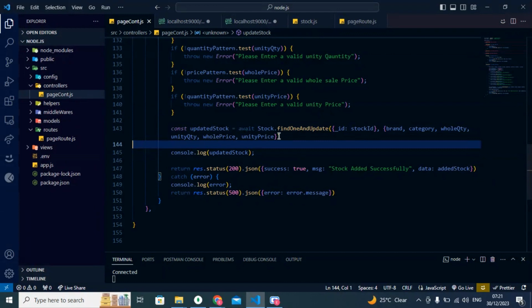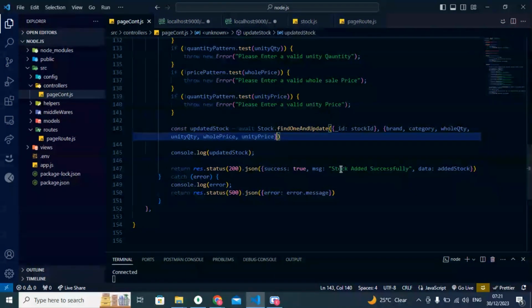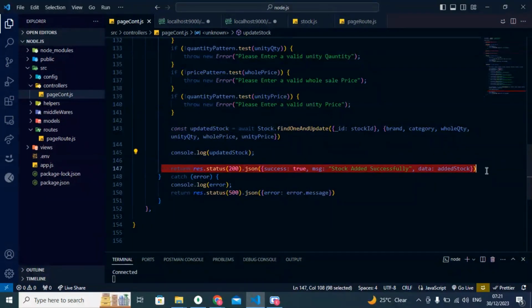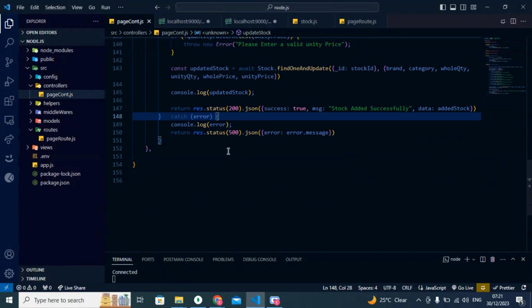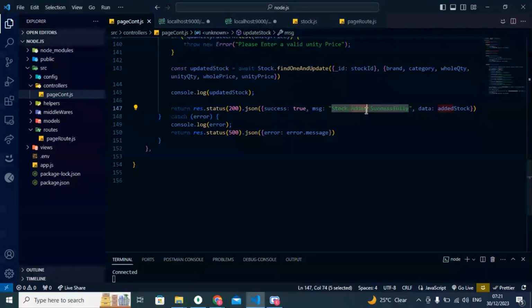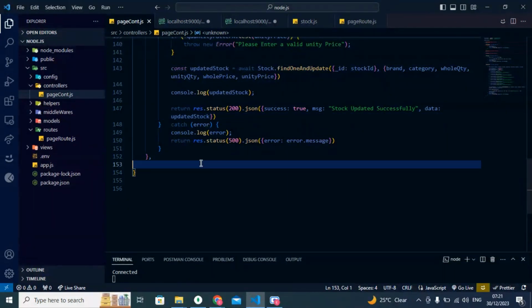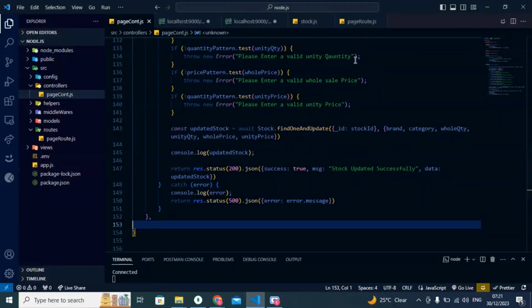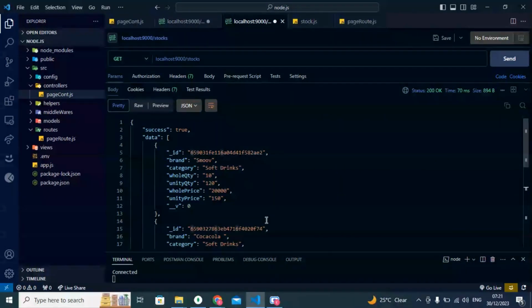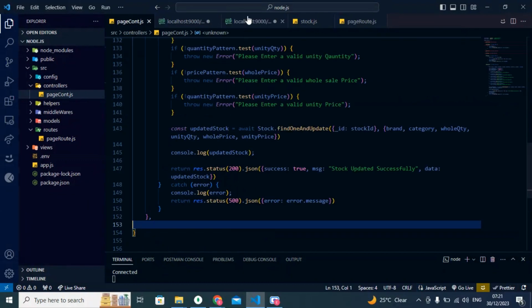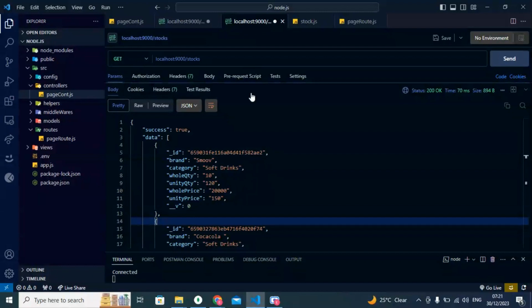So after updating, I will send a response to our client web browser, sorry. So I will send a status code of 200, stock updated successfully. Then data is updated stock. So that's it. So now if I want to update any stock, since we are testing this API manually here with our postman,